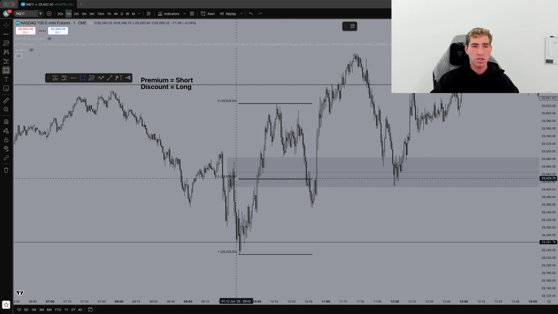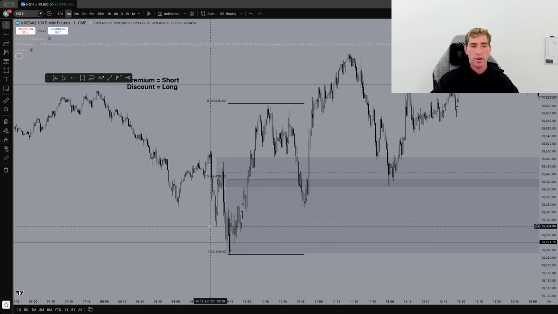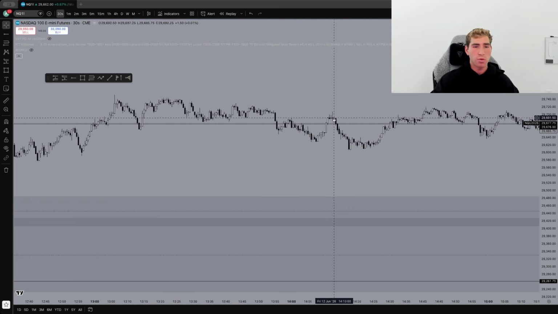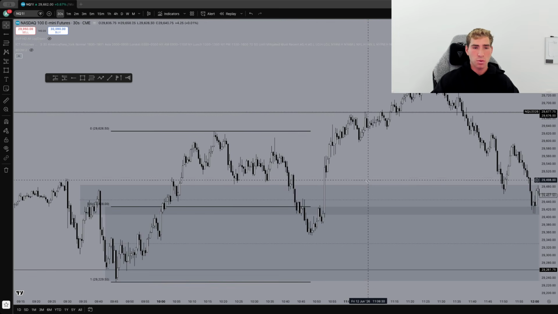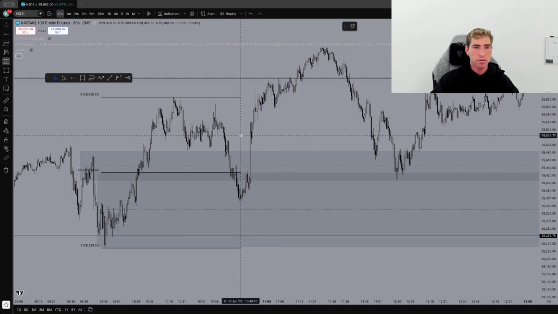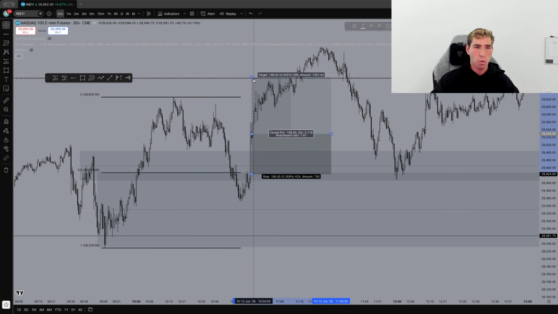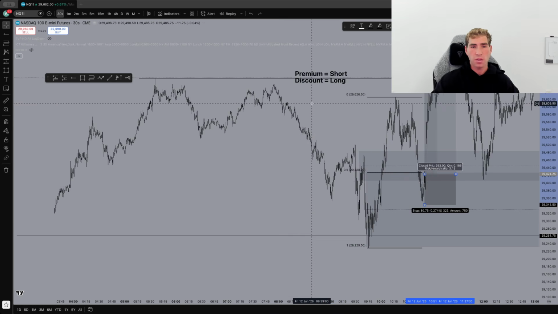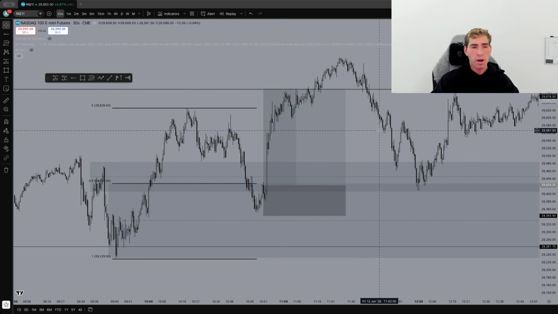So now what? Price is trading in a discount. We are in a discount. We are in a 50-minute bullish gap. What can we wait for? We can wait for some sort of displacement, some sort of rejection out of that leg, right? You could have honestly entered here for a really bad risk reward, or you could have entered down here after a clean rejection, right? TP at that high. Something like this, right? You tap 0.5, you tap a 15-minute gap, and you get a clean rejection displacement out